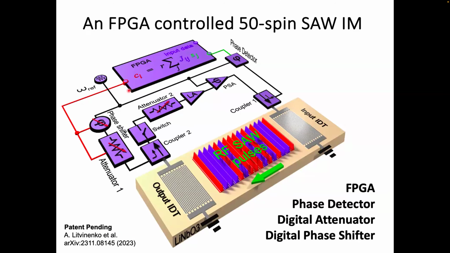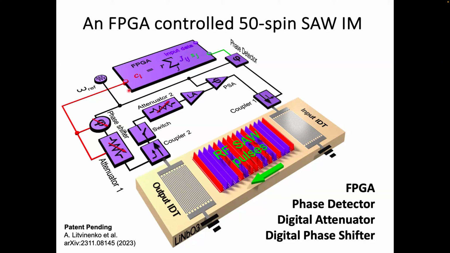This is now the second design that we made. So now we have removed the coupling cable, and instead we put an FPGA here that we program. And we need a few more elements then. So we need the FPGA, we need a phase detector, because now the FPGA needs to know the phase. The cable doesn't need to know the phase, it just transmits. But the FPGA needs to know the phase. So we have to have a fast phase detector.